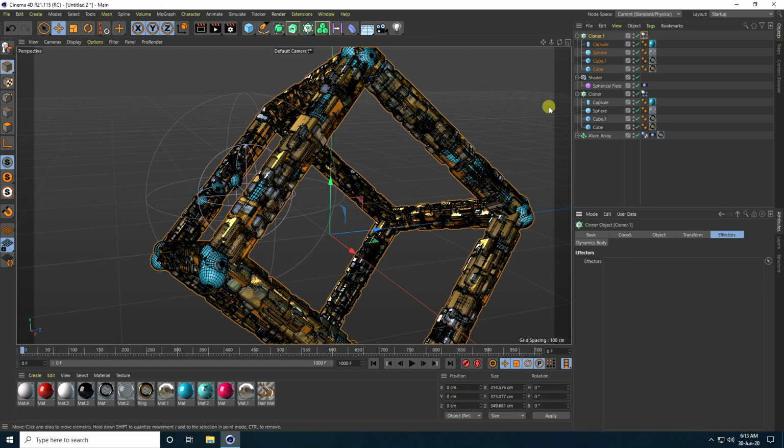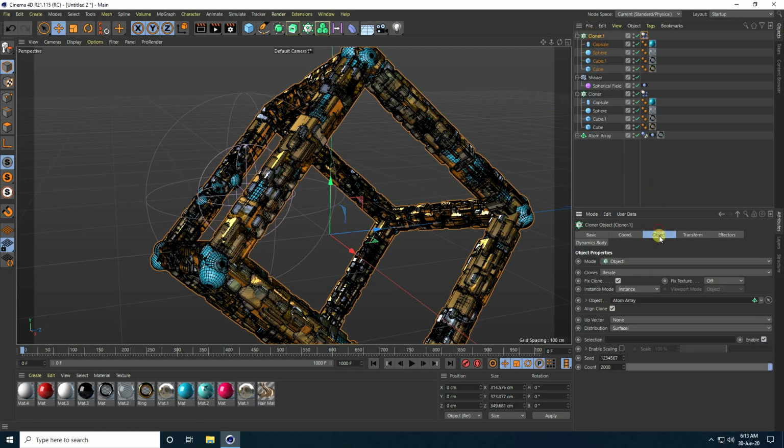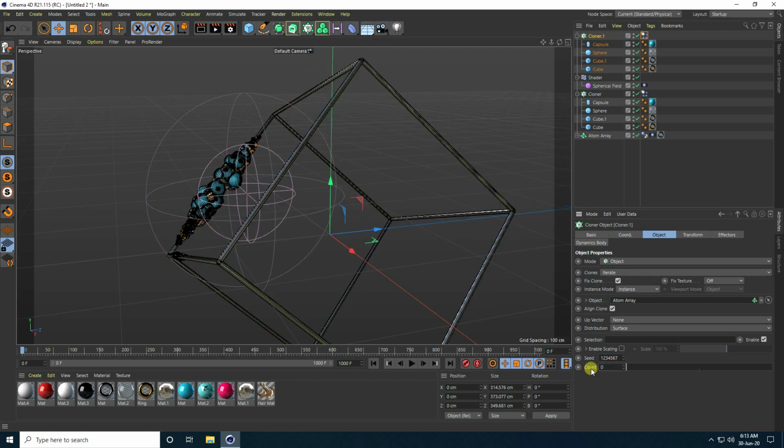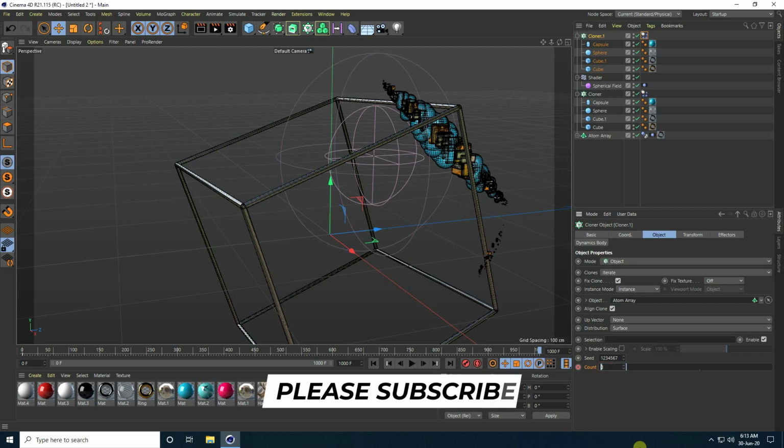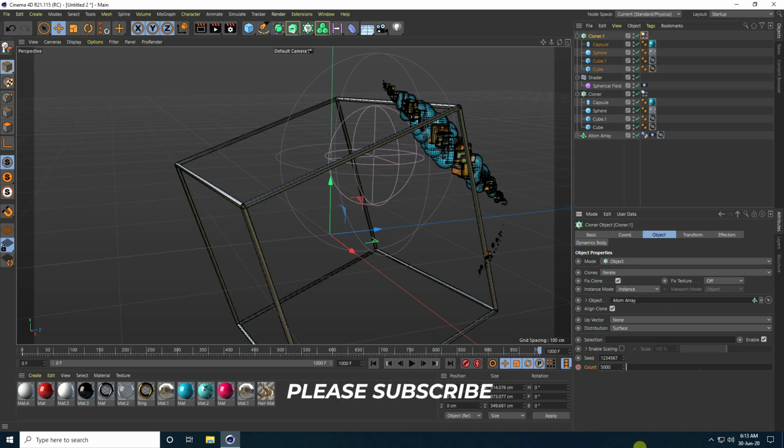Yes, that's it. And I go to Cloner and Object, yes, and count I take 0 on 0 frame. Guys, Count check. Yeah, and last one, go to like 1000 frame and count I take like 5000.